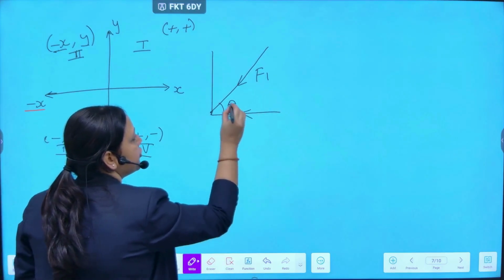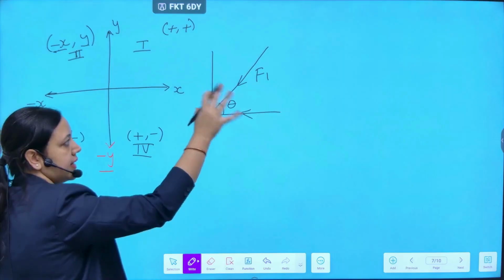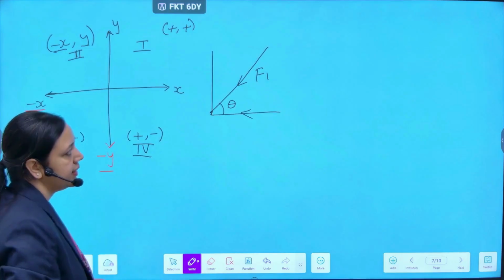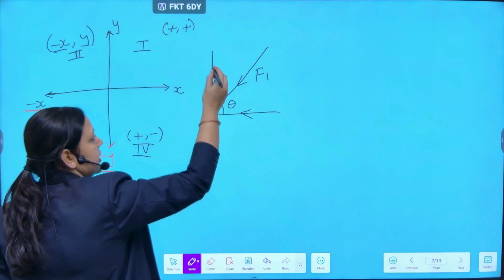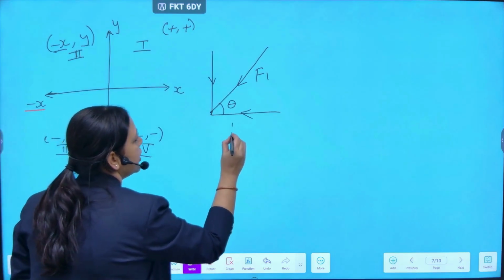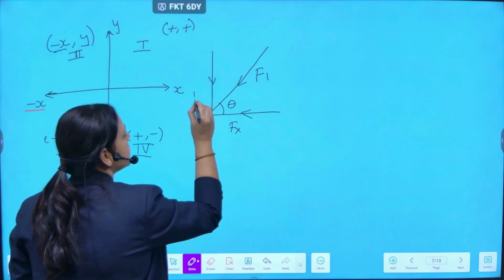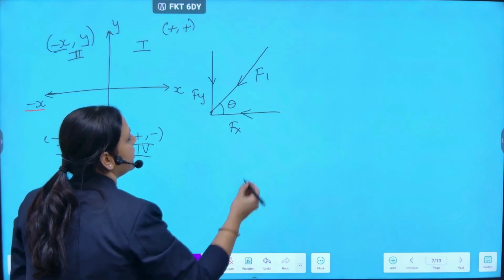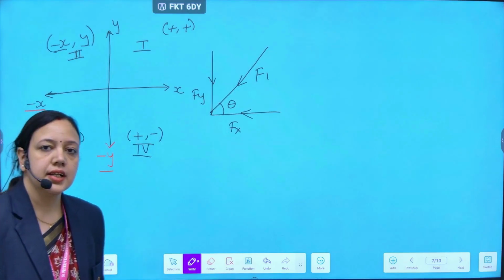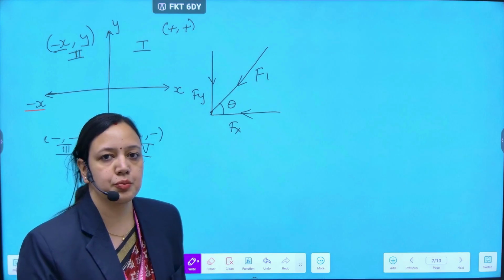If we have resolved it following the sign convention, then it is moving inwards, so obviously it will be negative. This is moving downwards, the vertical component, which will also be negative. So this is Fx, this is Fy. They are moving inwards. This is an example to understand how forces can be positive or negative